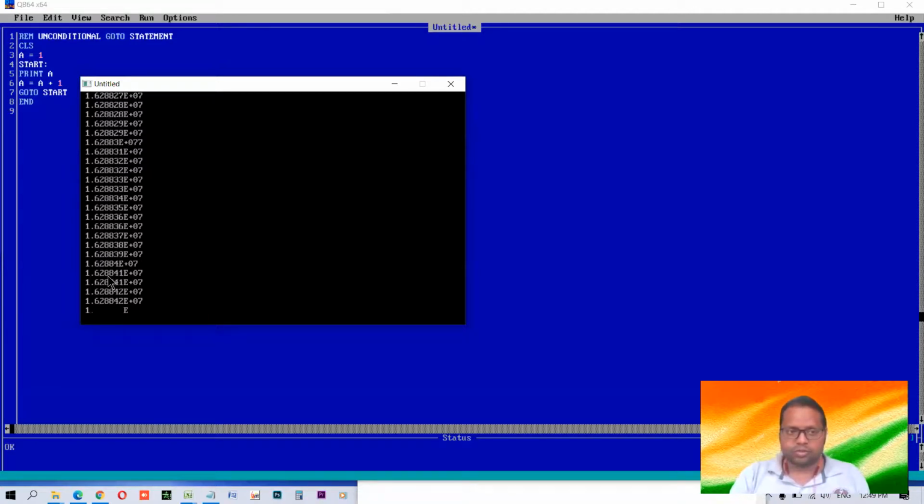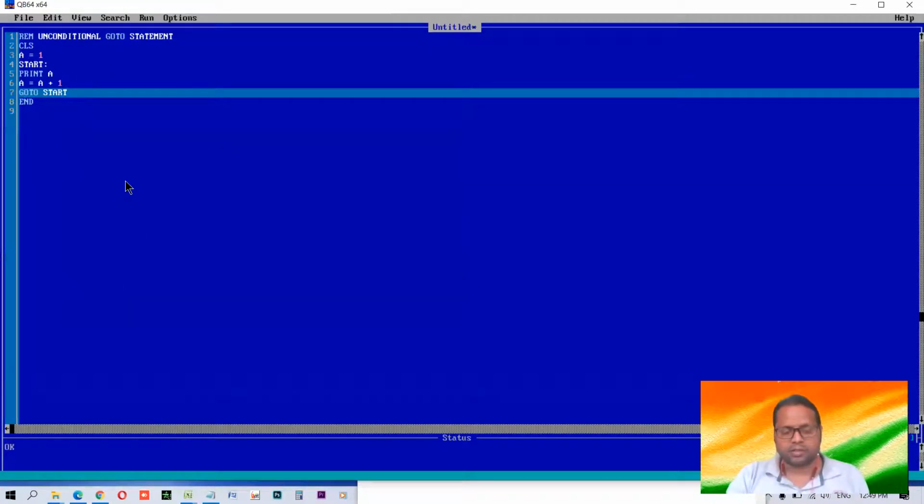Control break is used to stop this. Control break is the key combination in the keyboard. For this kind of non-ending program, you just need to do this. So don't get confused that I said it will print 1 and then 2 and then 3 and then 4 and it will go on.